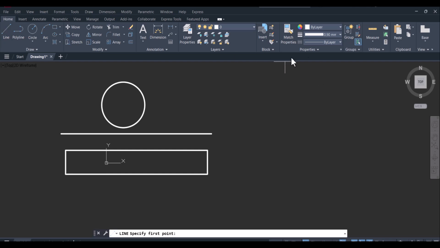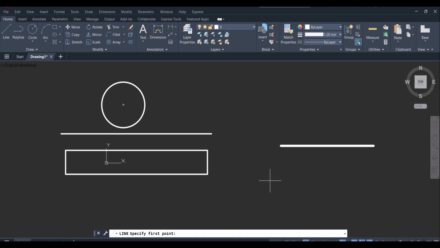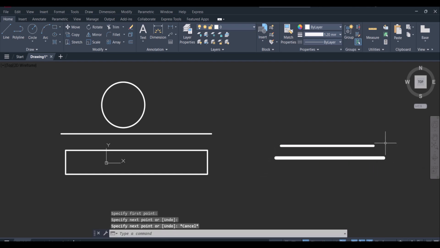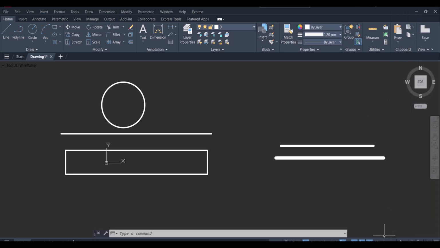Now onwards I change to 0.9. The line is 0.9. Let's say I will change to 1.2. Line is 1.2. So in this way you have to first click on customization and click on line weight and click on show hide line weight option. So in this way you can display your line weights